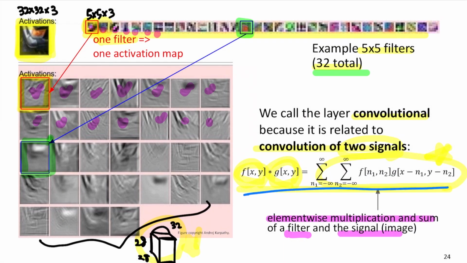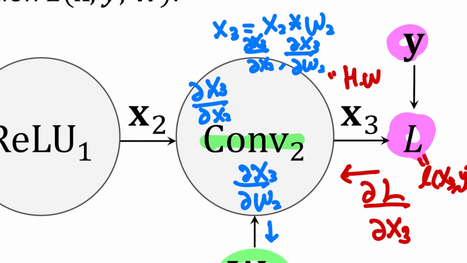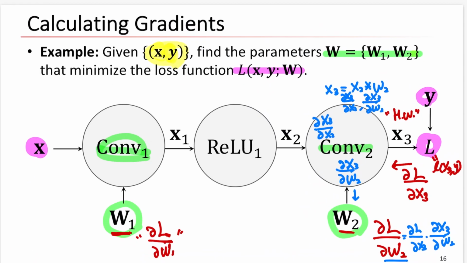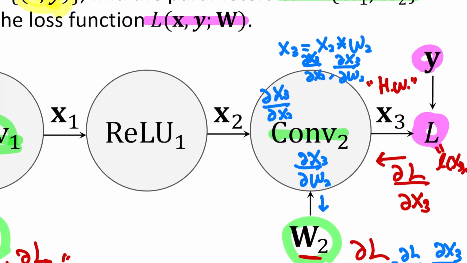So if you remember this one, by computing the derivative in terms of f or in terms of g, we can easily get the gradients with respect to x3 and w2. Please derive this yourself. It is really easy, right? So anyway,